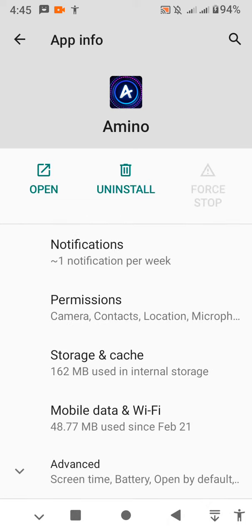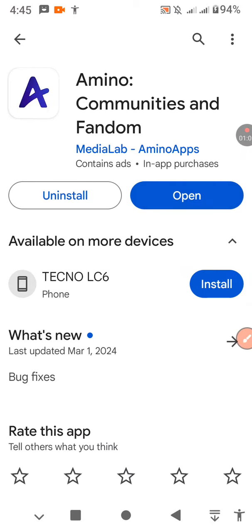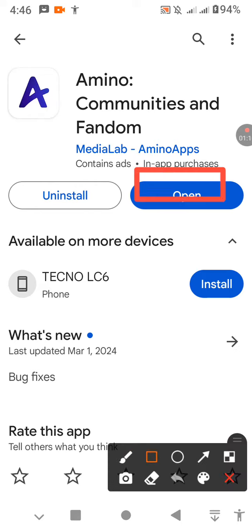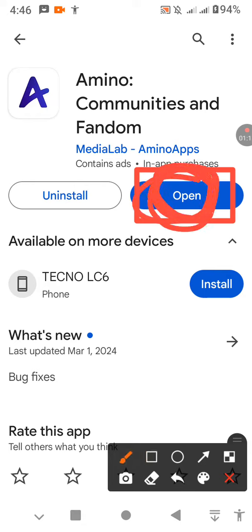After doing this, what you have to do is to go to Google Play Store. When you get to Google Play Store, you have to make sure you have the latest update of this app. So as you can see, there is open over here, which means I have the latest update of this app. So what I have to do is to restart my device. But if you don't have the latest updates like mine, you have to tap on update to get the latest